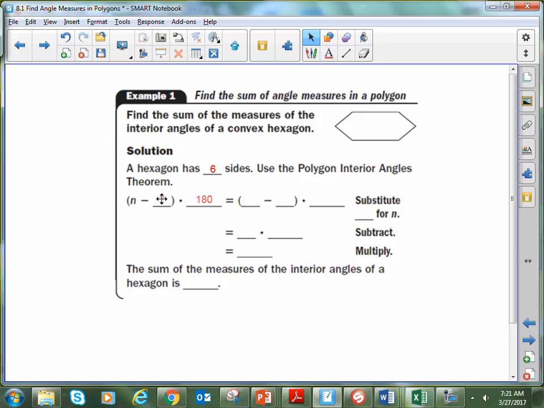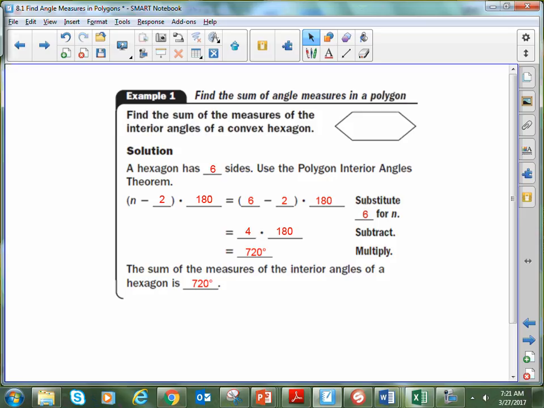So looking at the formula here, we're going to say (n minus 2) times 180, where in this case n is 6. So I'm going to substitute 6 for n and say (6 minus 2) inside the parentheses multiplied by 180. Well, following our order of operations, we're going to combine like terms inside of the parentheses first. 6 minus 2 gives me a 4, and 4 times 180 in this case gives me a sum of 720